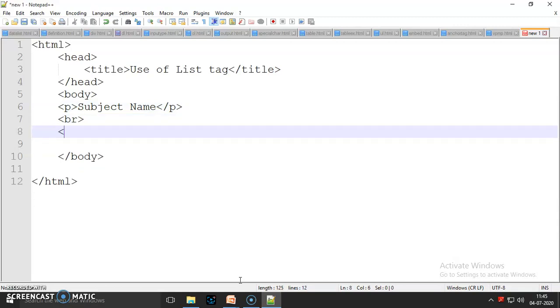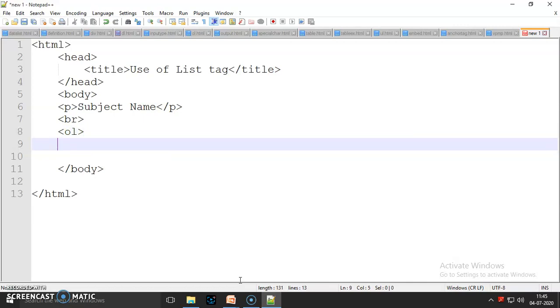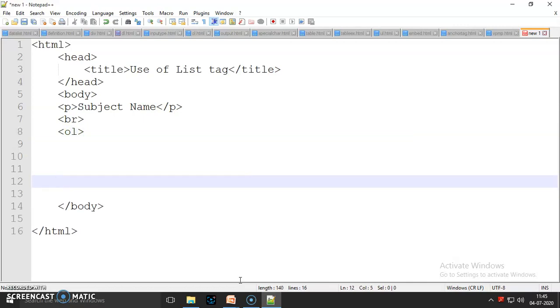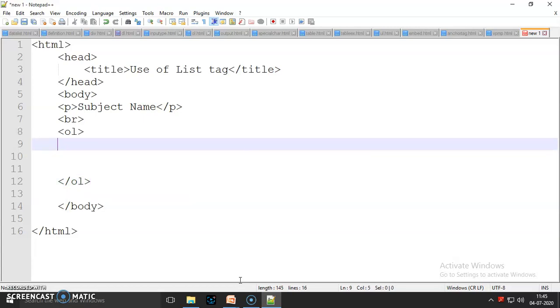Then create ordered list. Last tag is /OL. In between OL and /OL, I write LI for creating a list. LI, then /LI. The list item is written between LI and /LI tag.